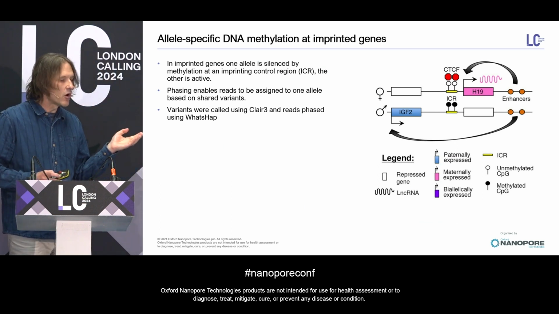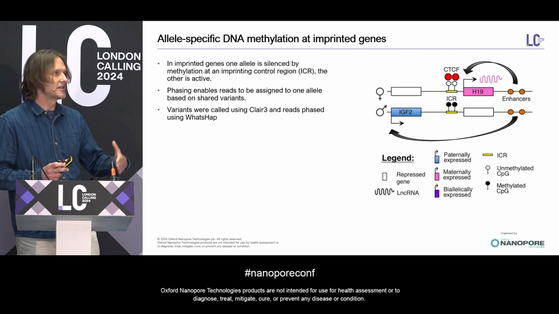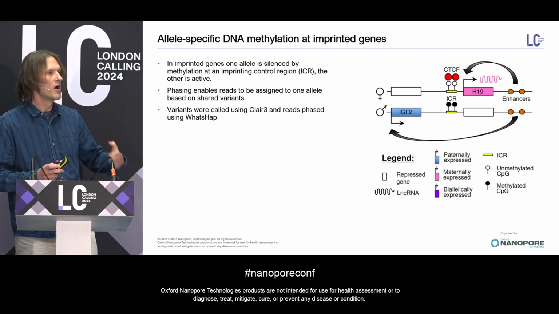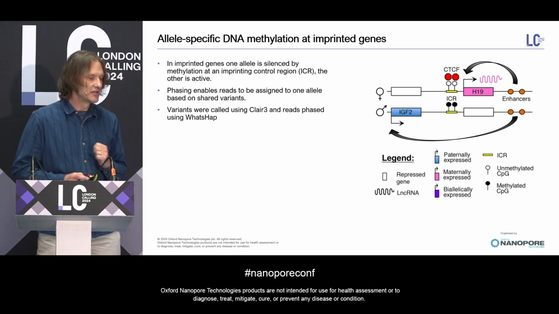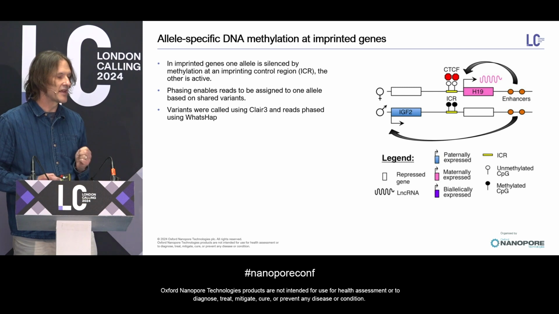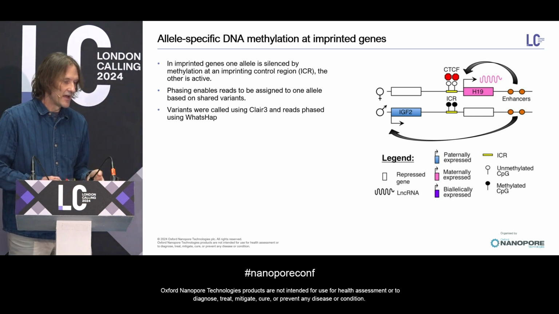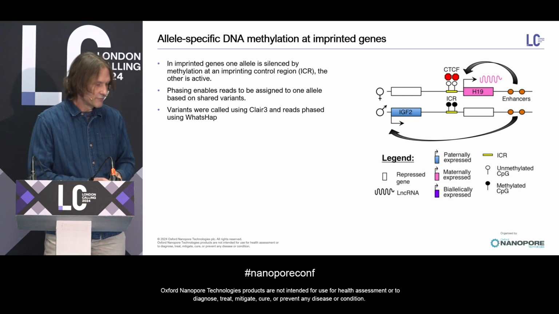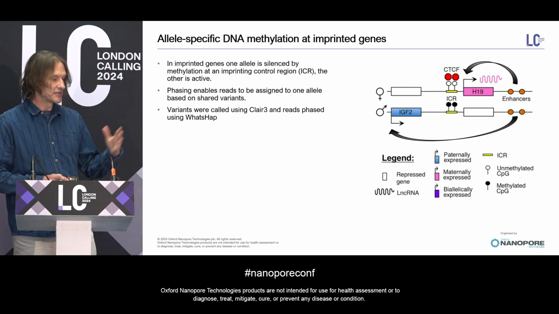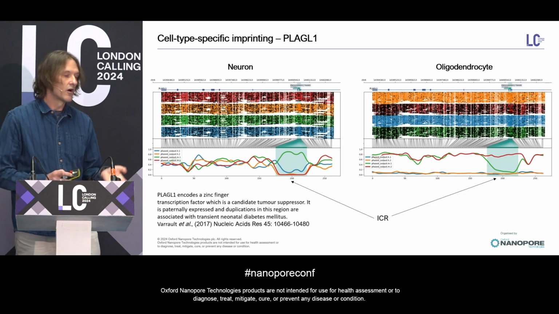Because it has long reads, we can phase them, so we can actually say whether a read comes from one allele or the other. And this enables us to look at imprinting. In imprinting, one allele is silenced because of methylation at an imprinting control region, and the other is active. So we use Clair3 to look at variants, and WhatsHap to phase the reads. So I'll just give you a couple of